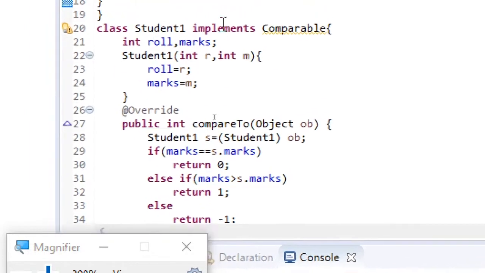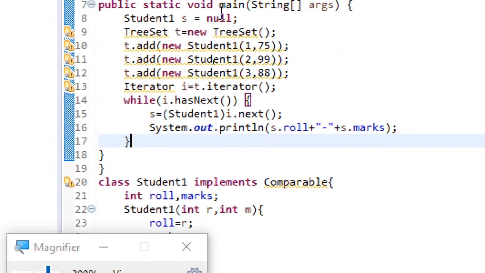I hope everyone understood this tree set usage. So tree set, which is one of the implementations of the set interface, will not permit you to create duplicates, and you will be using the comparable interface in order to compare one object with the previous object, and then you can have the sorting happening with respect to the condition which you require.